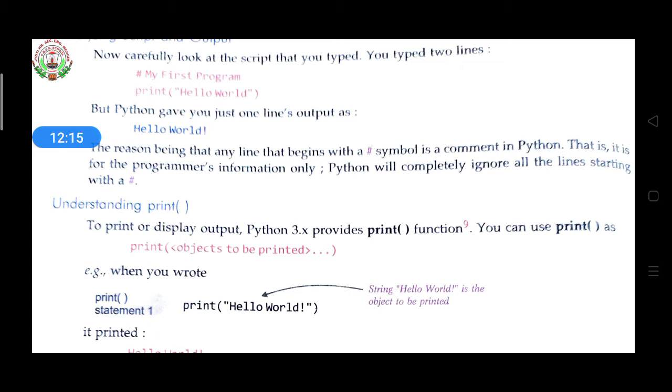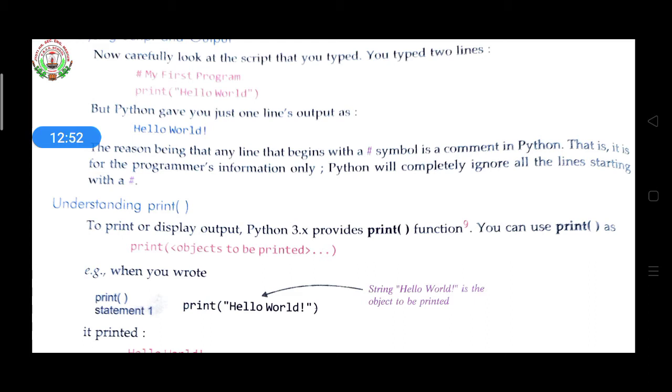If you are writing a program and you want to explain to another person why you called that function, why you wrote that line, for what purpose you wrote that line, then you have to give a hashtag there, and afterwards write the explanation for what you are using. It is your wish to give the comment.